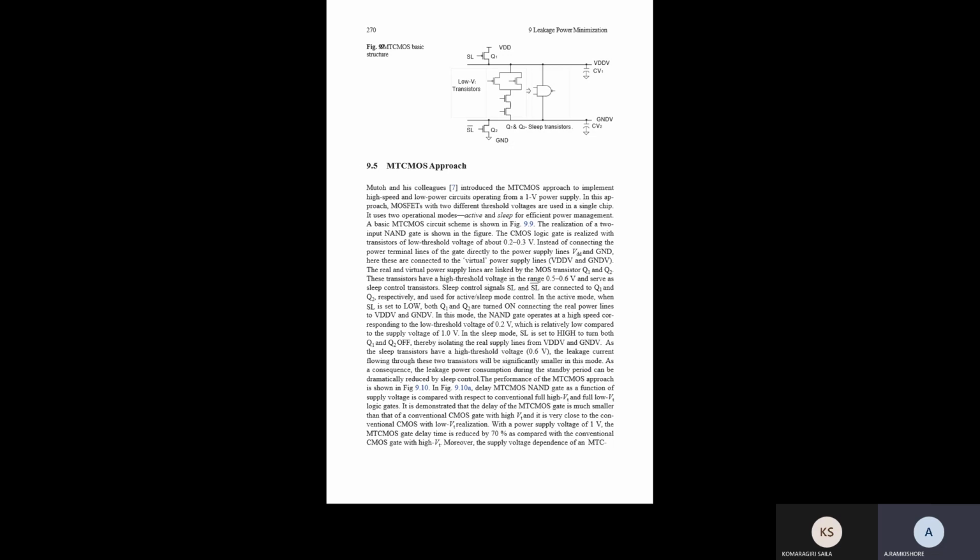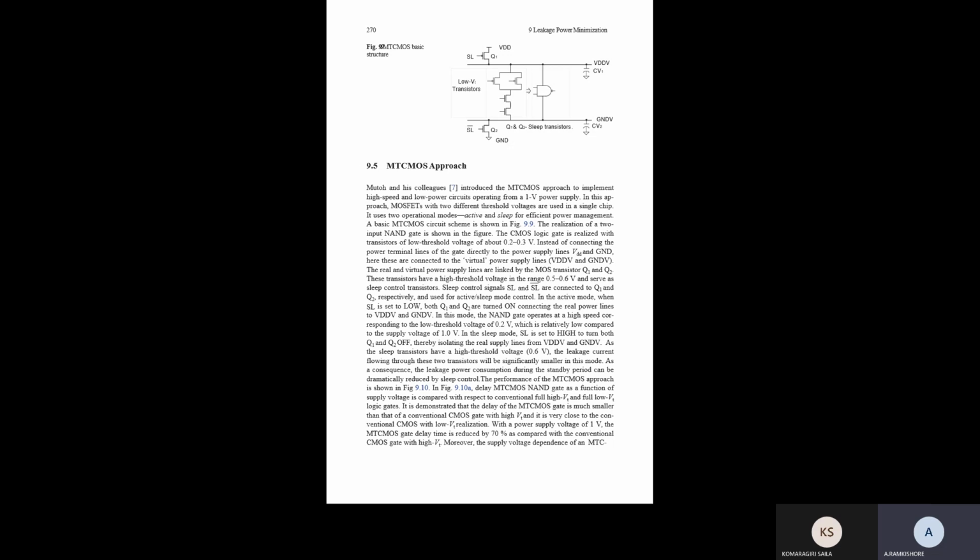So this normalized power delay product of the MTCMOS gate is much lower than that of the conventional high threshold voltage gates. That reflects the improved speed performance at lower voltage. When we compare these voltages in a power curve, it also shows that the power reduction effect is proportional to the square of the supply voltage. So the supply voltage overcomes speed degradation in low voltage operation.